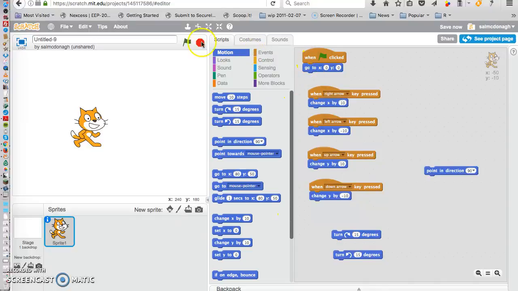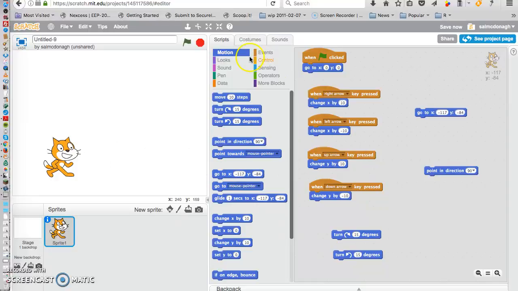Okay, and like I said again, we can click our green flag to make our cat go back to 0, 0. What if you wanted to make your cat jump to a different place on the screen? So you can do this. You can see this little block here. It knows where your cat is, so you can click on that. So you can make a cat go back to there and back to there. Kind of like teleportation, isn't it? Okay, so I'm going to move those blocks off,